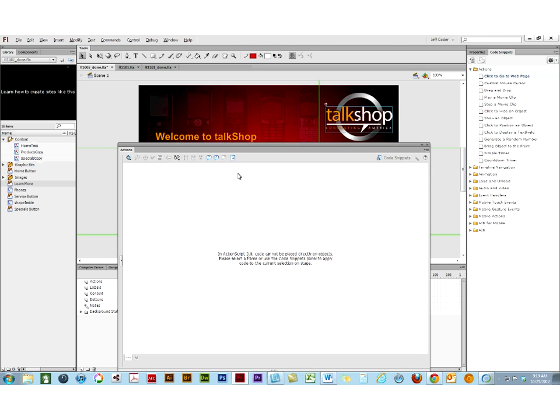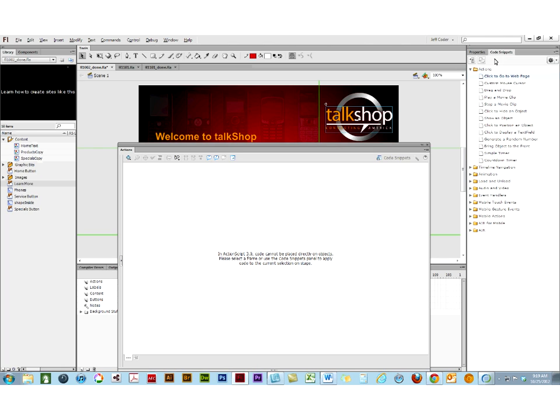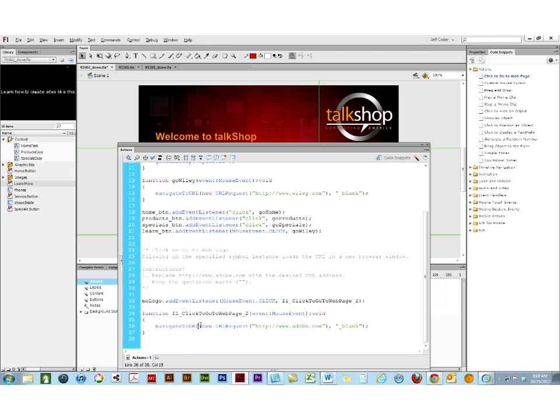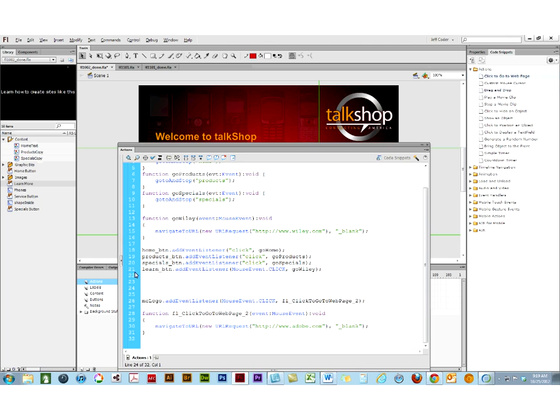Oh yeah, it's asking me to select an object on the stage first. So I can select this object. Yep, that's fine. With that object selected, I can say click go to web page. And it puts that entire block of code in. And I'll just get rid of those